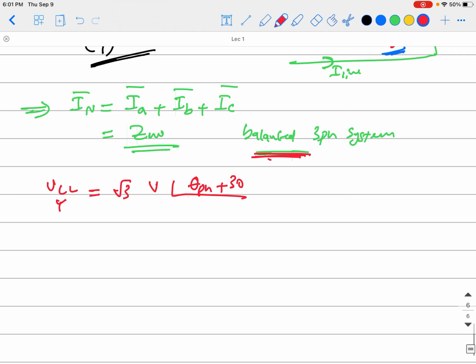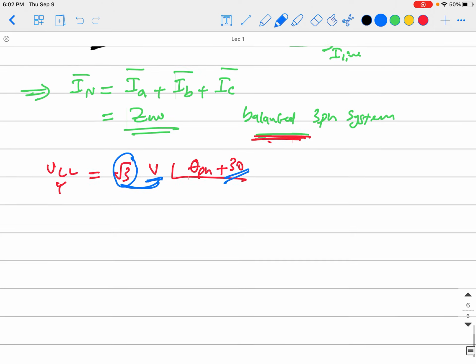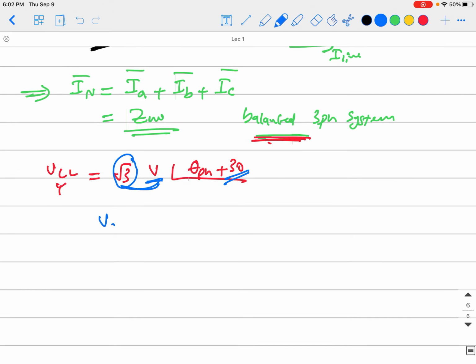What I'm saying here is that if you want to calculate the line to line, the magnitude of it will be square root of 3 times the value of the phase voltage. Okay, so this is RMS, so that is square root of 3 times this V, and it will have a phase shift of 30 degrees. Okay, so if you have the phase voltage, which is VAN, equals V at an angle theta phase, any angle, and you want the line-to-line voltage of this, you will basically have